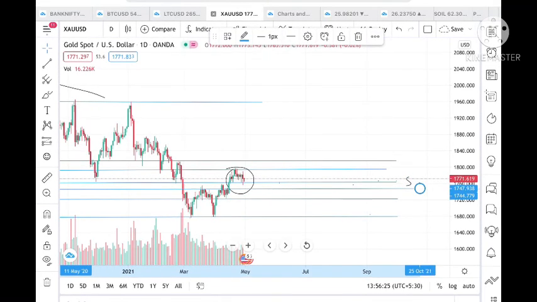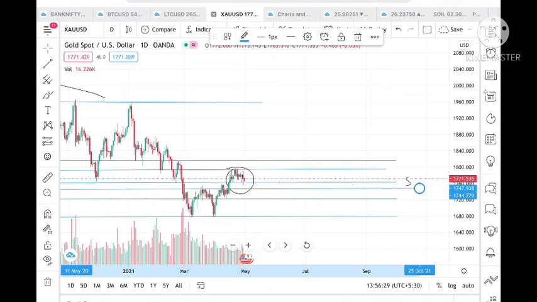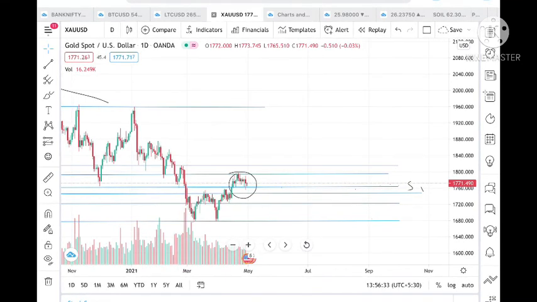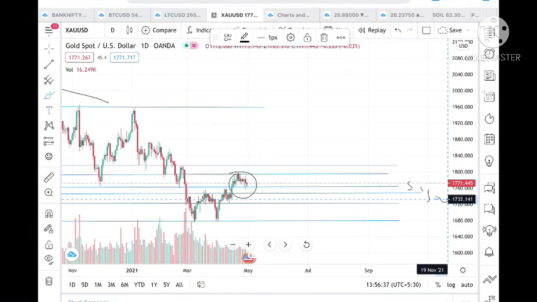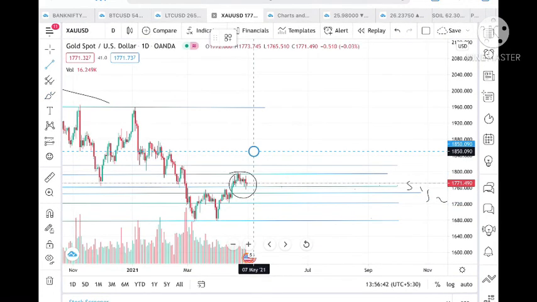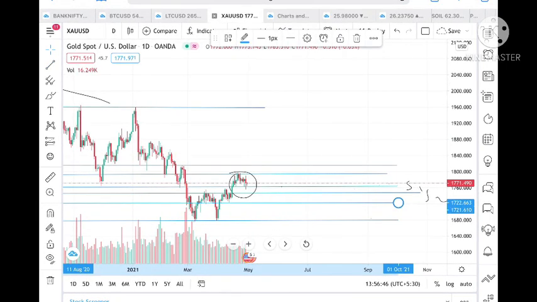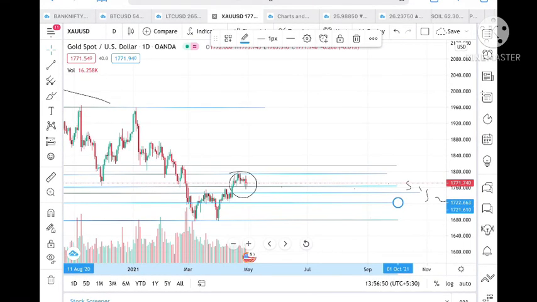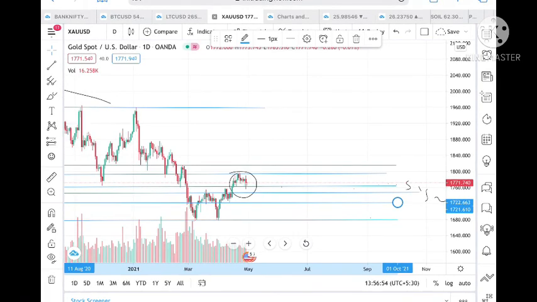Okay, after that, that is support S2, and once this level is broken downside, the next support we can see is at around 1722. Once this level is crossed downside and stays above 1747, the next support we can see is at around 1722. Okay, what we can see here, if it comes to around 1722, then there is a high chance that this